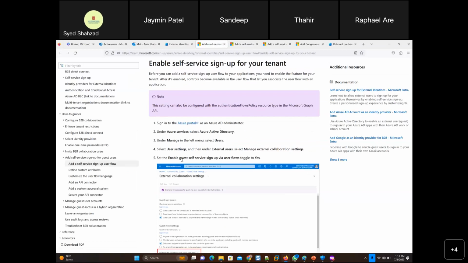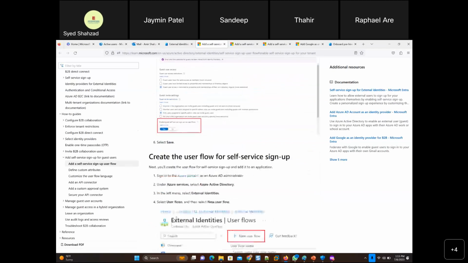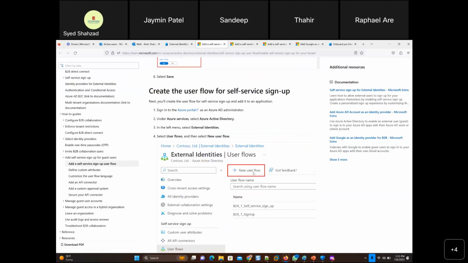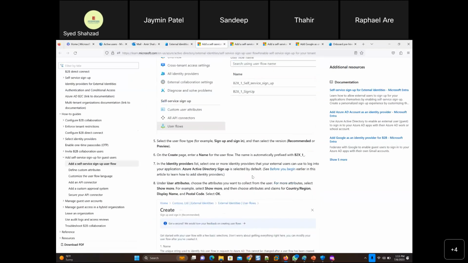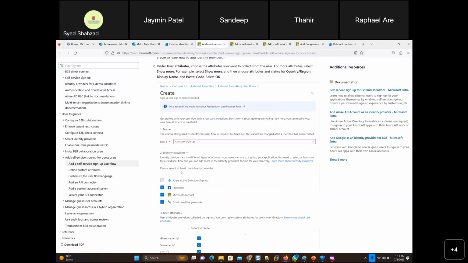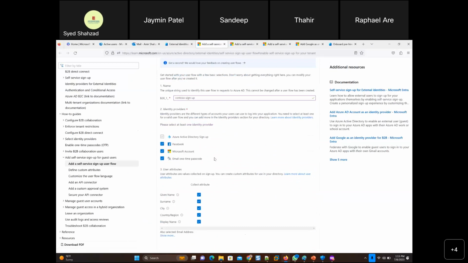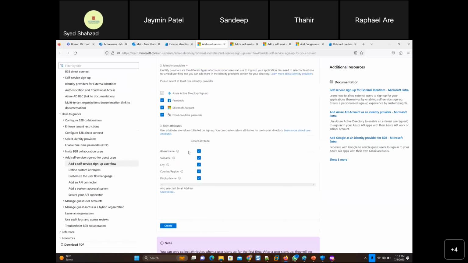Once you enable that, then this new user flow comes, and you have to mention a domain name, and then given name, surname, city, country, region, display name, a typical form that you fill out to create an account in Gmail, to create an account in Facebook.